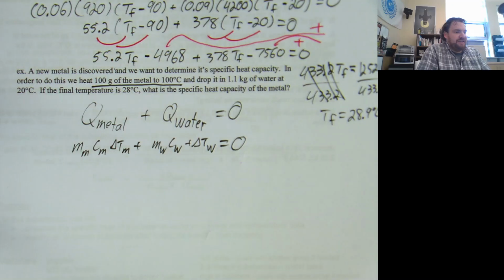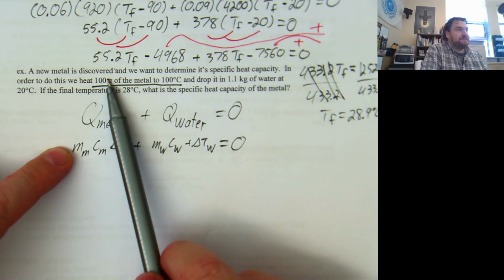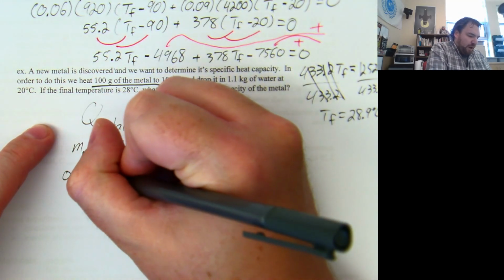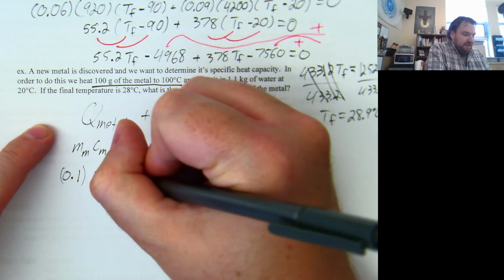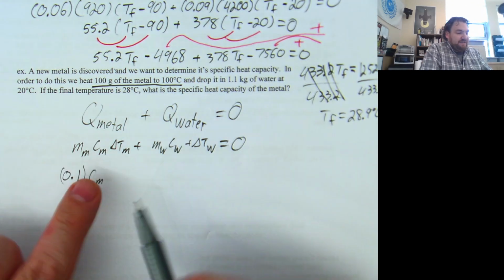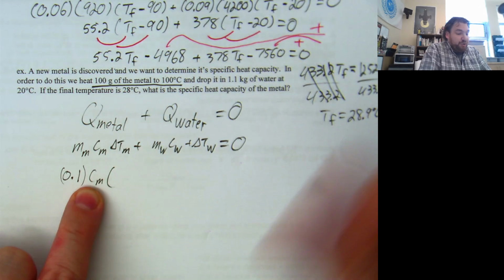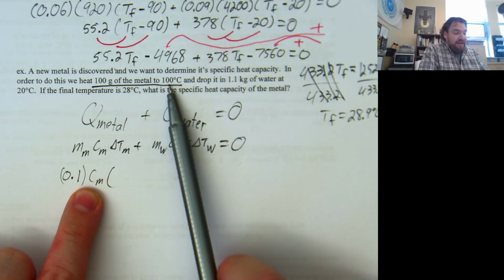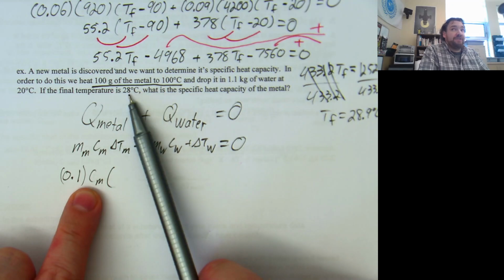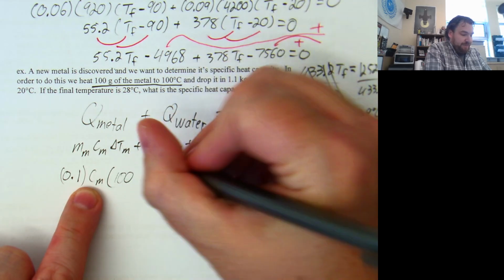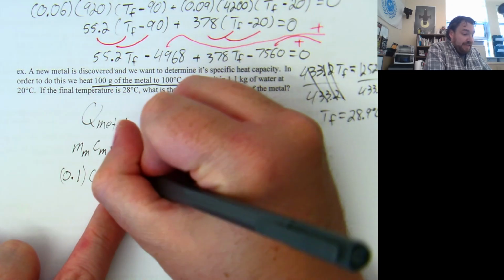And we can fill all this in. The mass is 100 grams. We want that in kilograms, so 0.1 kilograms times the specific heat capacity of the metal. That's what we're looking for. Times the change in temperature. We know the metal started at 100 degrees, and the metal and the water met at 28 degrees. So this is just going to be final temperature, 28, my bad,